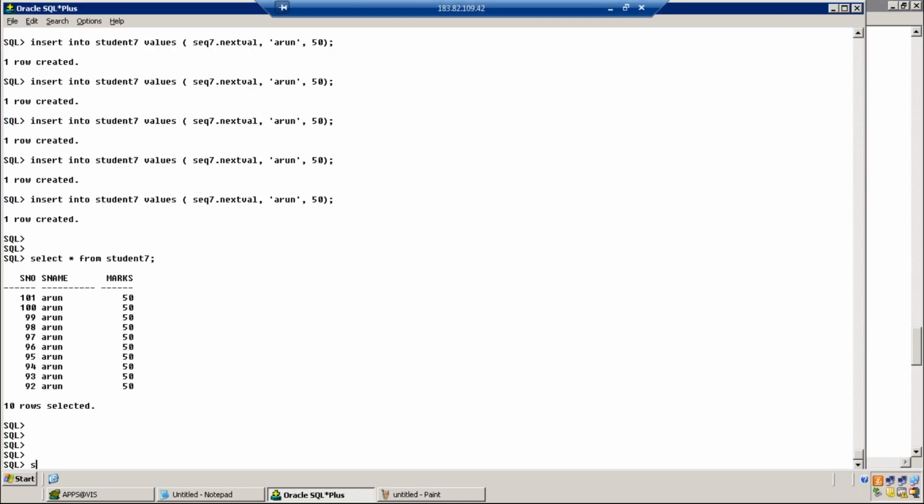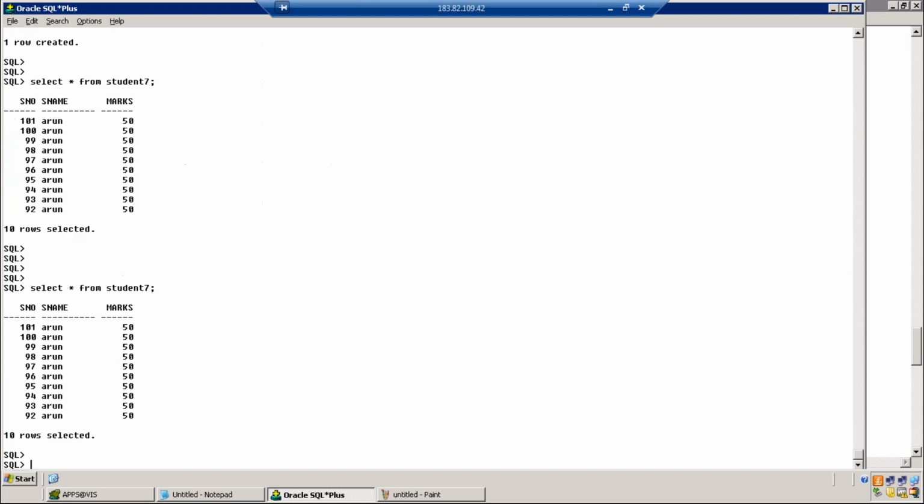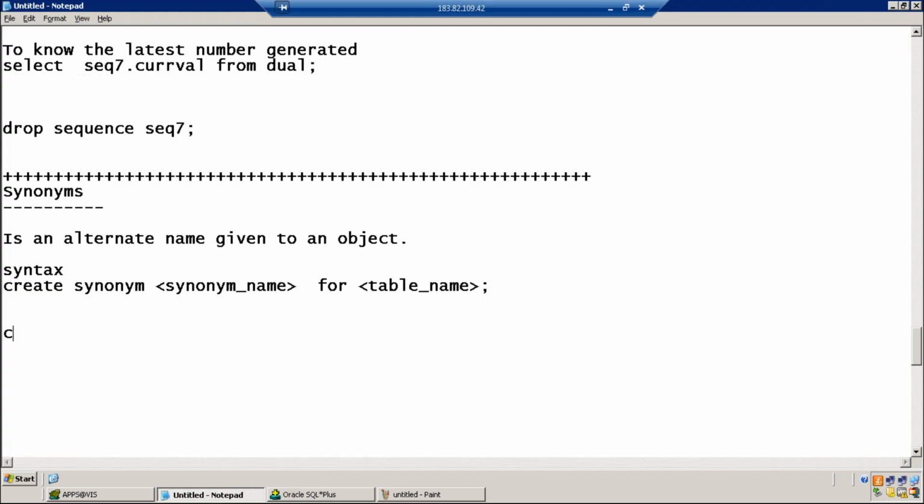For example, we have just created table student 7. For this table, I want to create a synonym. Create synonym STU7 for student 7.